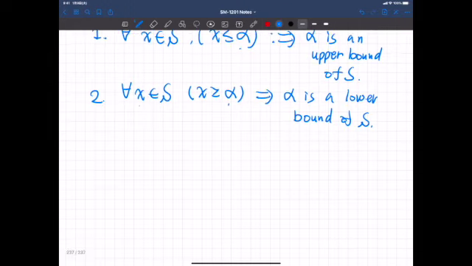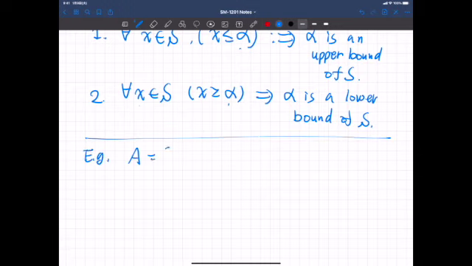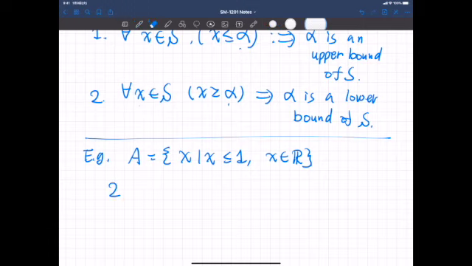Here are some examples. Let's say A is a set of real numbers such that x is less than or equal to 1. Okay, then 2 is an upper bound, and 1.5 is an upper bound, and 1 is an upper bound. So they are all upper bounds